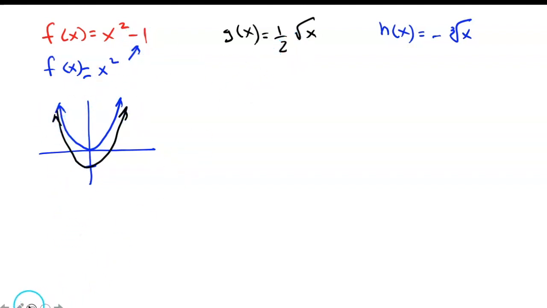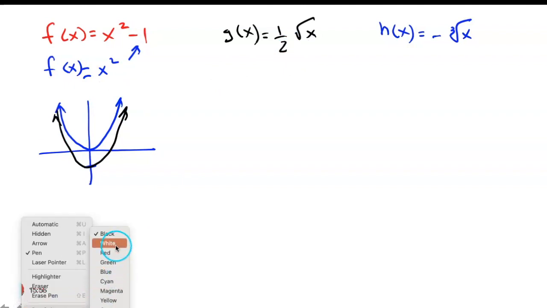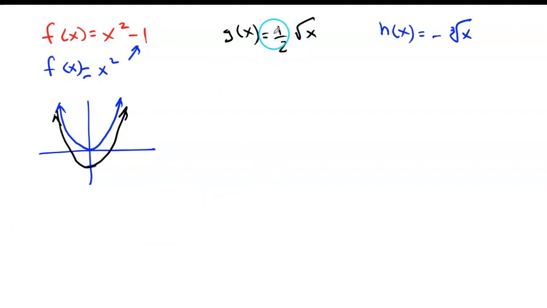Here, let's grab the blue again. I have a fraction outside my square root. So my parent function is a square root function. I'm sorry, that should be an x. Square root function. It has a fraction on the outside. That means that's a compression vertically. So my graph,